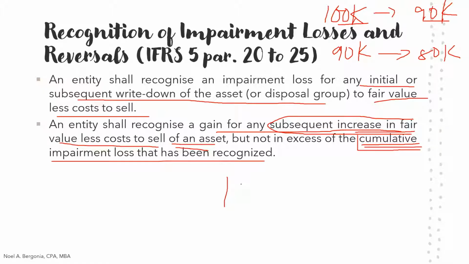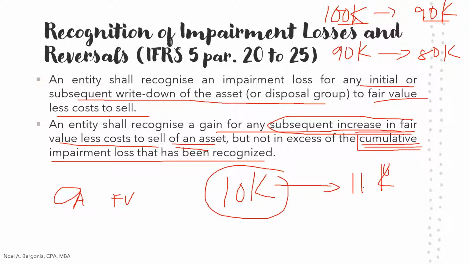So halimbawa, ang cumulative impairment loss is 10,000, tapos just in case yung difference ng carrying amount at saka nung fair value less cost to sell natin was, let's say for example, 11,000. So ang reversal lang po natin would be amounting to 10,000. So yun lang yung gain. Yung excess na 1,000, hindi na po i-recognize. Okay? So let's talk about that later in our journal entry examples. Okay? And then,